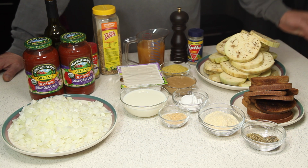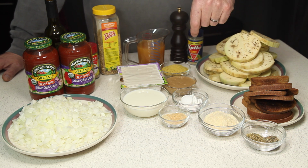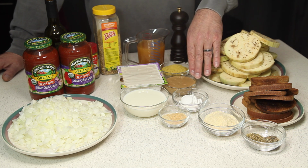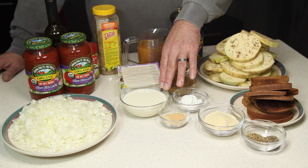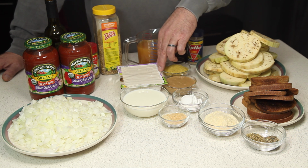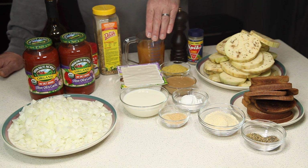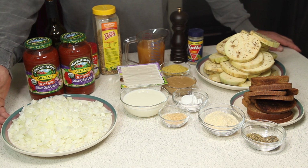For the cheese sauce, we're going to use 1½ teaspoons each of garlic powder and onion powder, 3 tablespoons of cornstarch, 4½ to 5 tablespoons of tahini, 3 ounces of nutritional yeast, 3/4 cup of non-dairy milk, 1 package of silken tofu, 1½ cups of low sodium veggie broth, and then for the sauce we're going to use 1 large onion